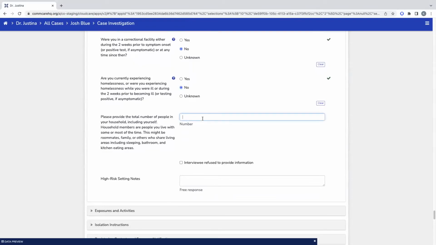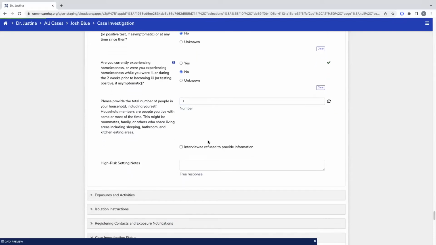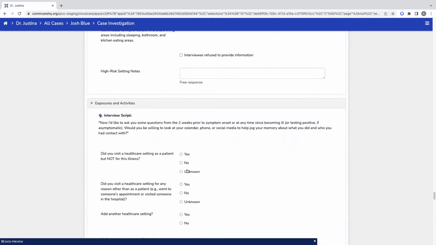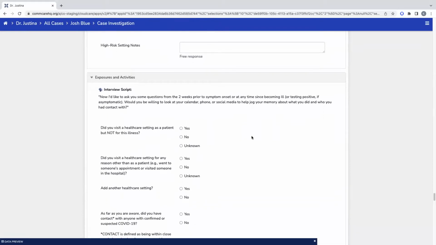So household members are people you live with some or most of the time, such as roommates, family, or others who would share sleeping, bathroom, and kitchen eating areas. One. One, so just you? Yes. Okay, thank you. Next, I'd like to ask you some questions from the 2 weeks prior to symptom onset